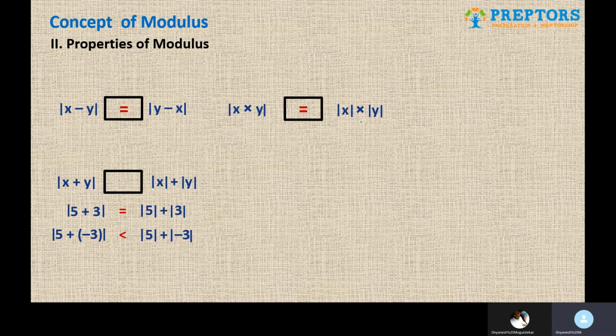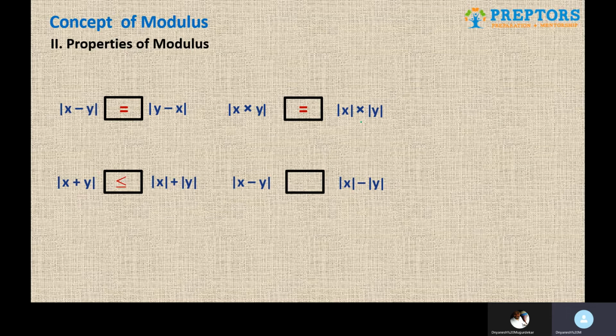So combining both of them, what we can say is that mod of x plus y is less than or equal to mod x plus mod y. Similarly, we can have the fourth one, mod of x minus y is dash mod x minus mod y. In the positive case, you will have the same answer, equal to, but in the negative case, it will change because the left side will now be